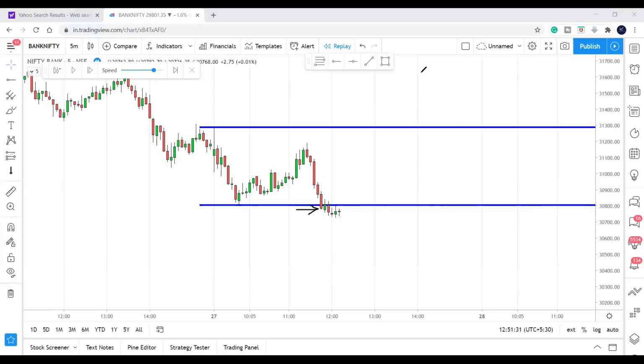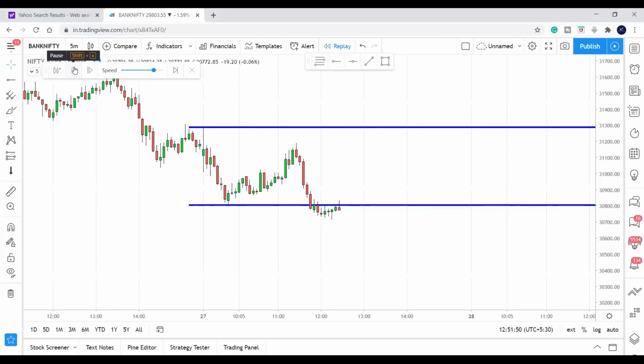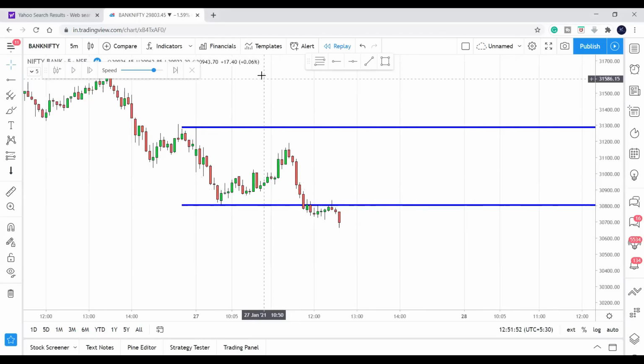So now I'll show you when to enter. Okay, now you know that this is the breakout line, right? This is the breakout line. So I said you should enter on the retest of the breakout line. Okay, now you will just wait, don't do anything. Now this candle you have to enter, this candle you have to short, not this candle. Why? Because market went down, came here again, took the resistance, made a bearish pin bar.